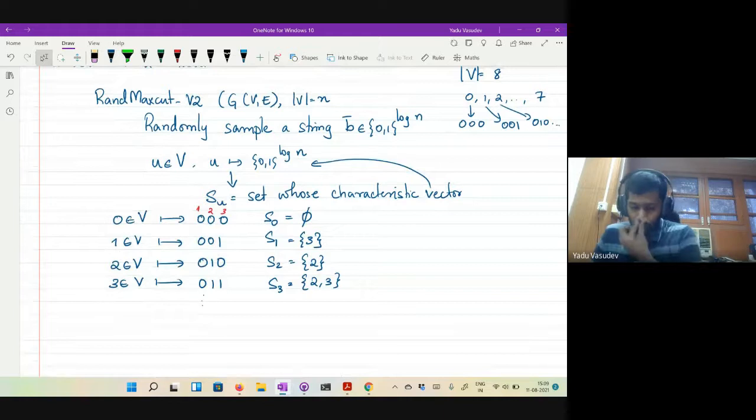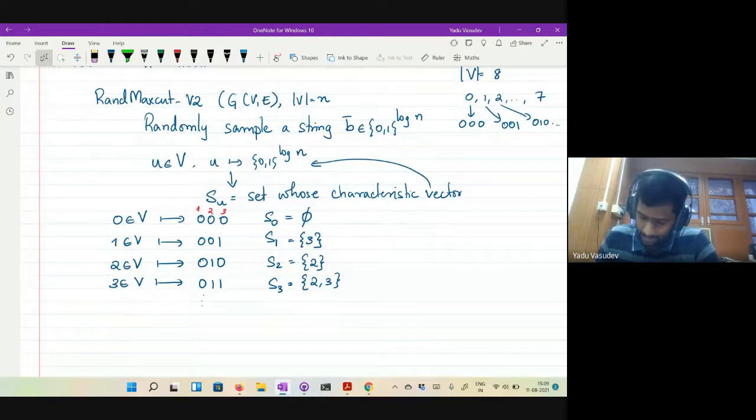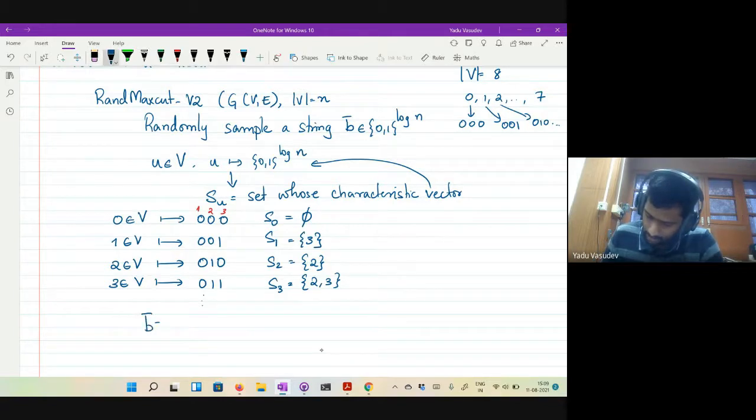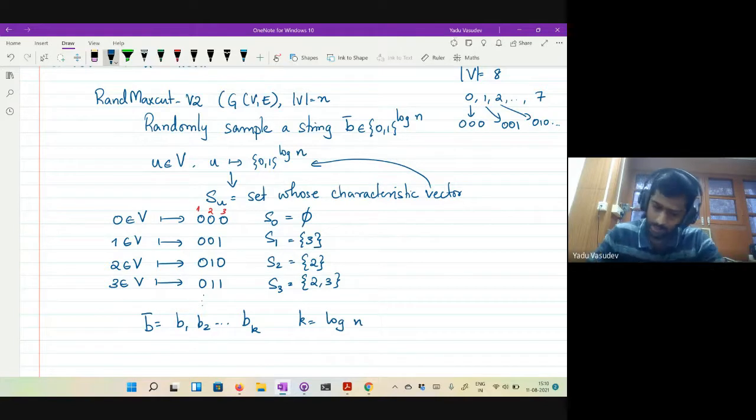Now what I do is the following. I find this bit B sub U, which is the XOR of all the Bi's. Let B bar be equal to B1, B2 up till Bk, where k is equal to log n. This is your string B bar.